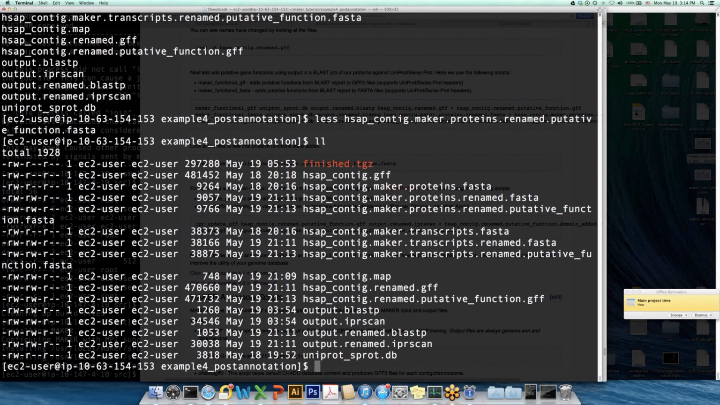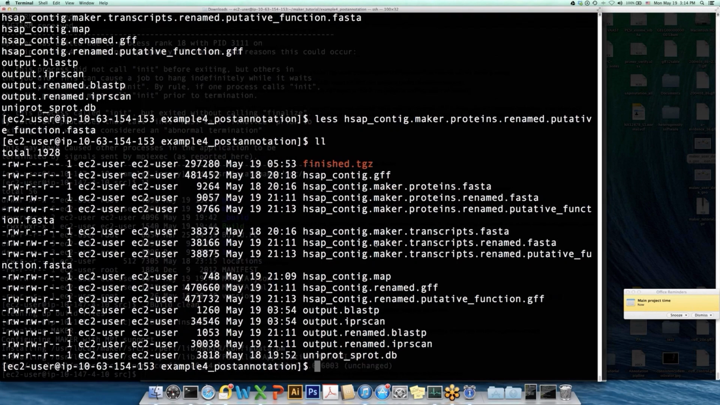And those labels will be applied to the model GFF attribute in those files. I'll show you that in just a moment. Okay, so the next step in